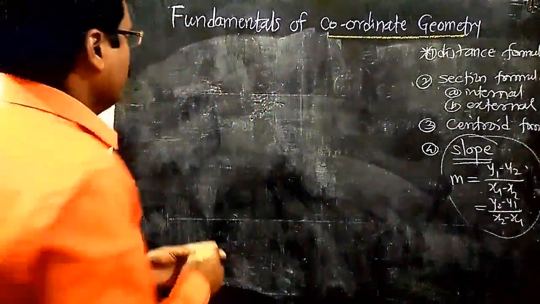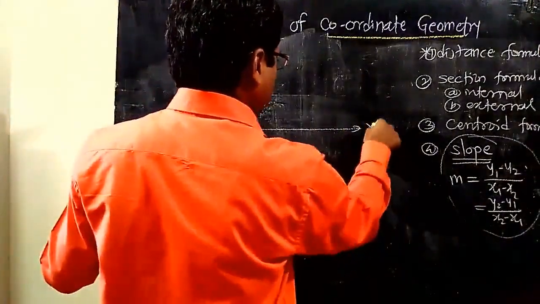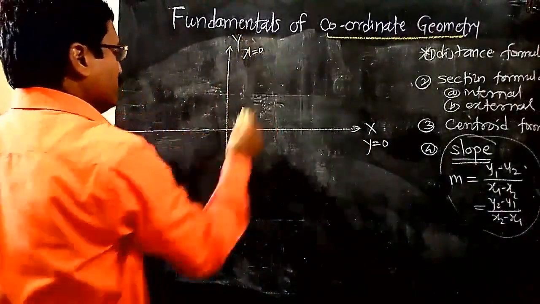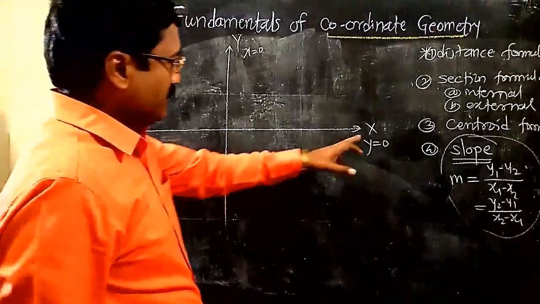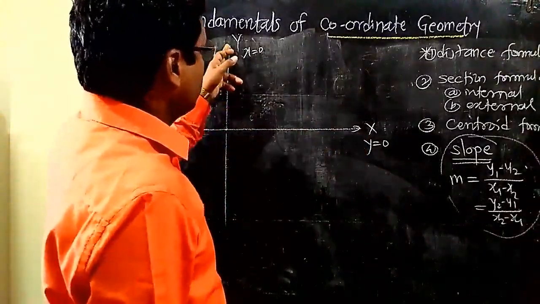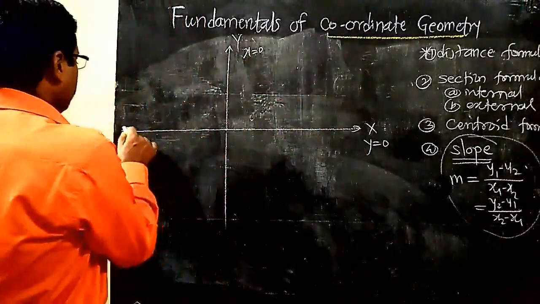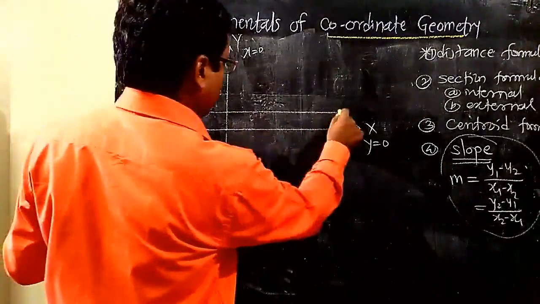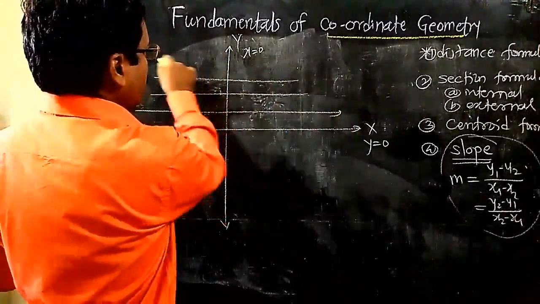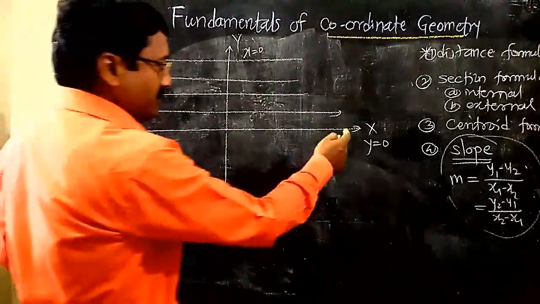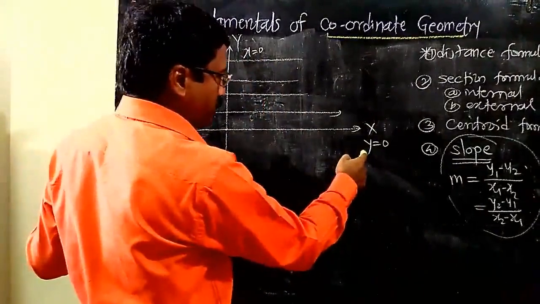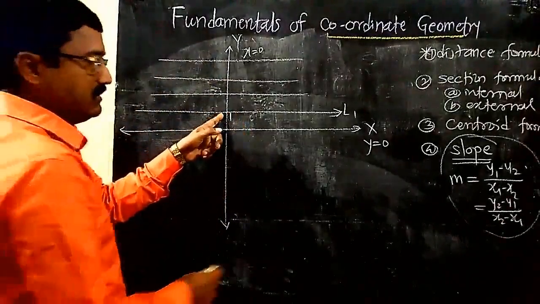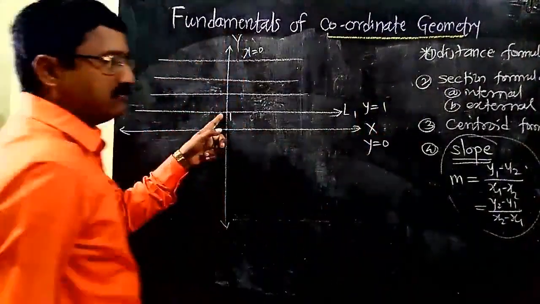Once again, suppose this is the x-axis, its equation is y equal to 0, as we have studied. This is the y-axis, its equation is x equal to 0. Because in other words, the x-axis cuts the y-axis at 0 and the y-axis cuts the x-axis at 0. That's why those are the equations. Similarly, if you draw lines parallel to the x-axis, these are the lines which are parallel to the x-axis. The x-axis cuts the y-axis at 0, so its equation is y equal to 0. This line L1 cuts the y-axis at number 1, so its equation is y equal to 1.